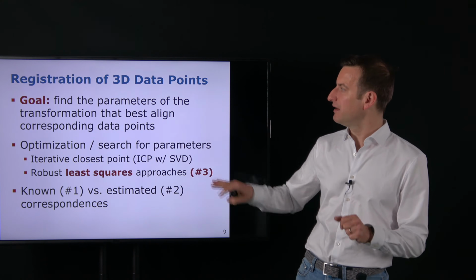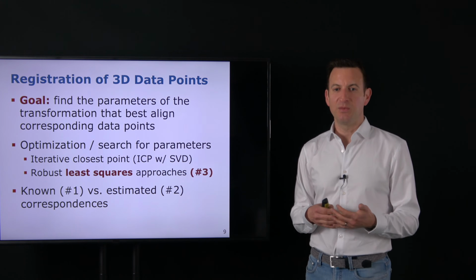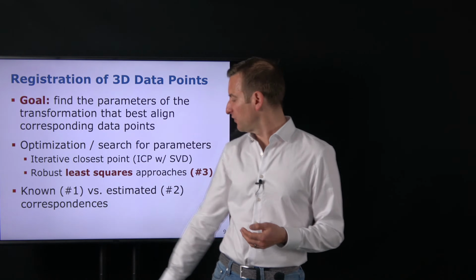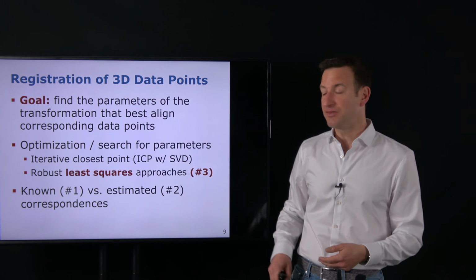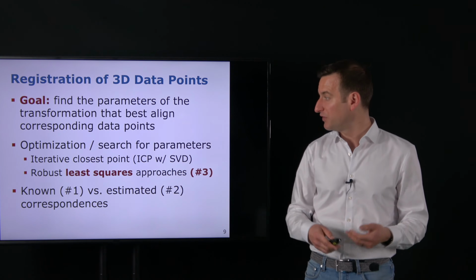Okay, so the goal, again, is to find the parameters of a transformation that best aligns my data points. And we looked into different parts of the lecture. In part number 1, we looked into known data association. In part number 2, we said we want to estimate the data association, leading to the ICP approach. And then in the lecture today, we want to look into the least squares or